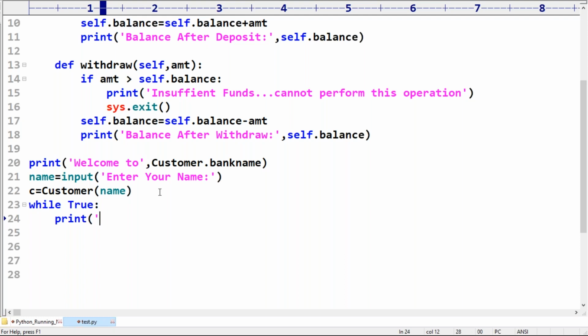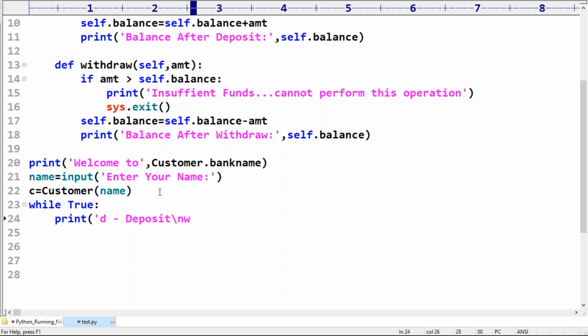D for deposit operation. Then backslash n.